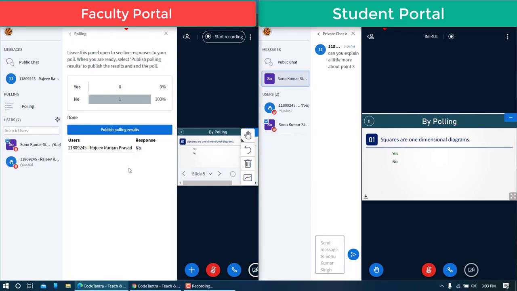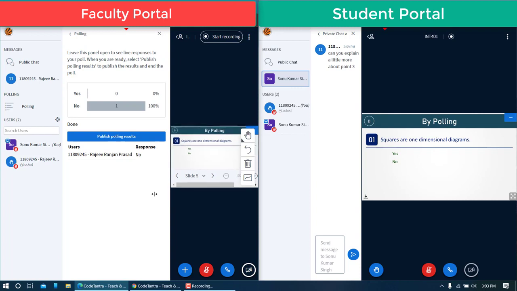So maybe if a student is not responding to a particular poll, the teacher will ask him or her to answer the query by naming that particular student. So that is another way of poll interaction. In this case, your role is only to give the answer, and that's a very passive kind of interaction in this case, but still that is one form of interaction.